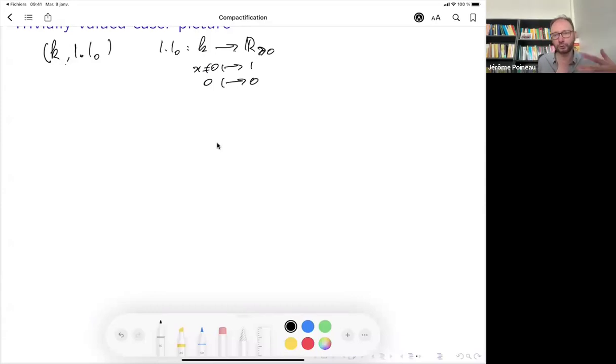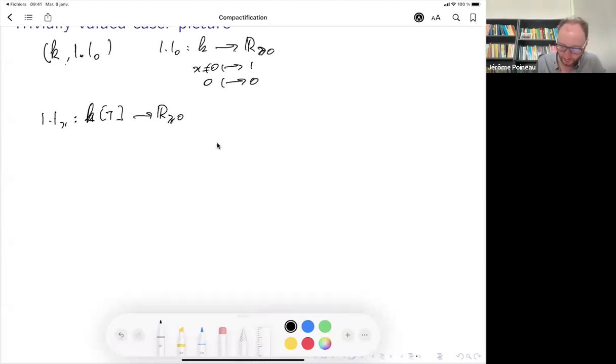Then you want to look at all the absolute values on the polynomials. Recall that the Berkovich points are just the multiplicative semi-norms on the ring of polynomials. So basically you're looking at absolute values on the polynomials. We know a lot of them, and maybe we are more used to looking at valuations.